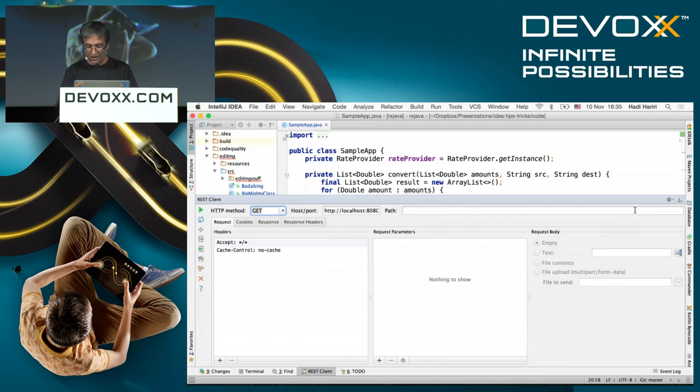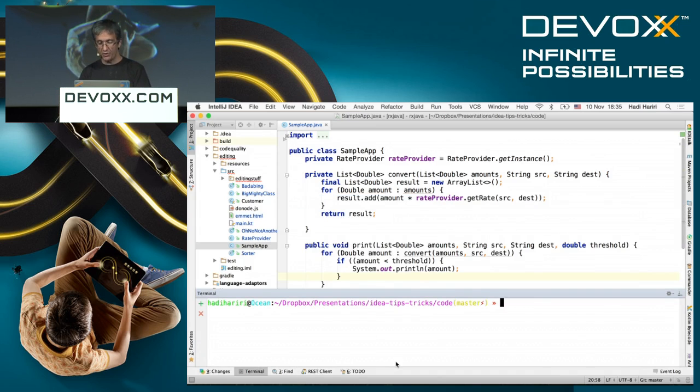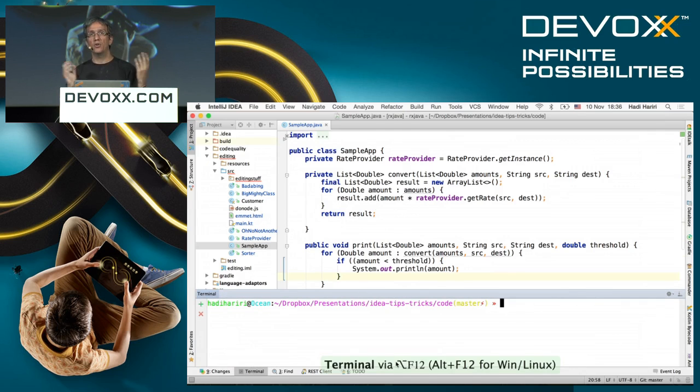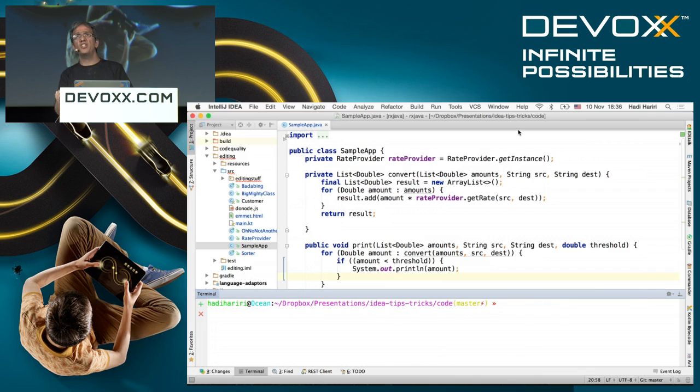For those diehards like myself, you also have a built-in terminal, Alt F12, which allows you to execute all of your terminals, and it has your ZSH or your bash or what have you here. And one last thing, which I'm guessing: how many of you have actually ever opened up this menu over here? Yeah, one. Right. There you go.